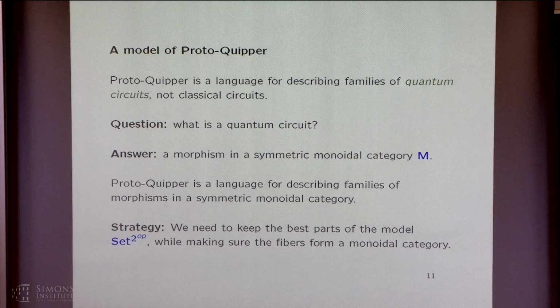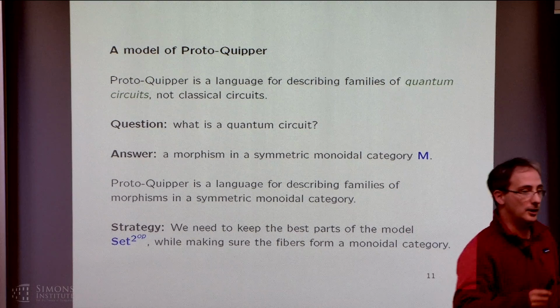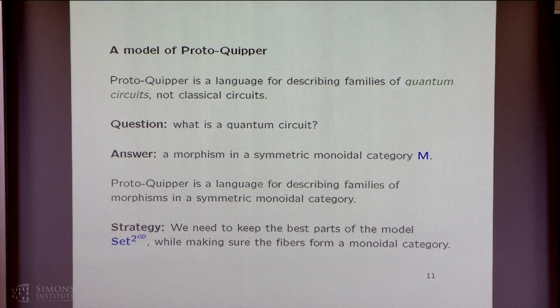So reversible circuits of some kind or quantum circuits should be synthesized here. Now, my model was very set theoretic, okay? Absolutely, it was Cartesian and so on. It's not clear how you're going to get linear logic really in there in sort of a meaningful way. So when we want to make a model for Protopaper, we should ask at a fundamental level, what is Protopaper? Well, it's a language for describing families of quantum circuits. So what in the world is a quantum circuit?